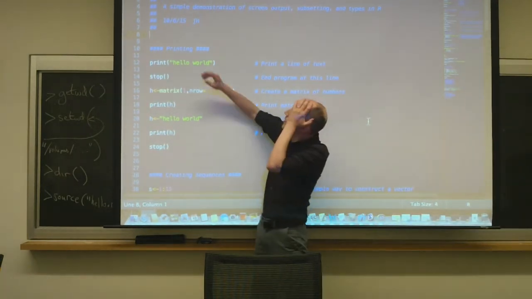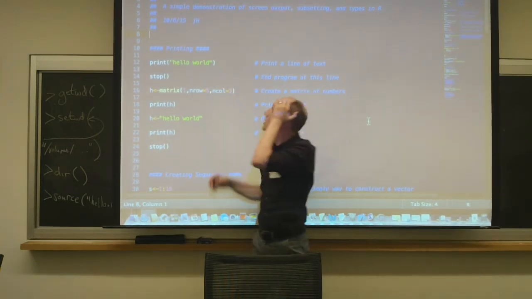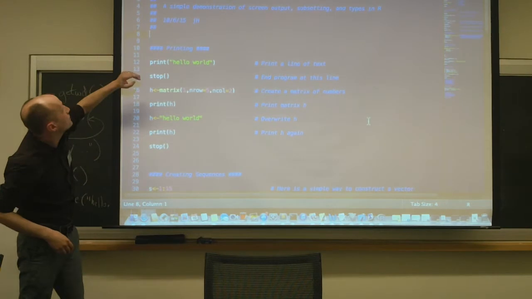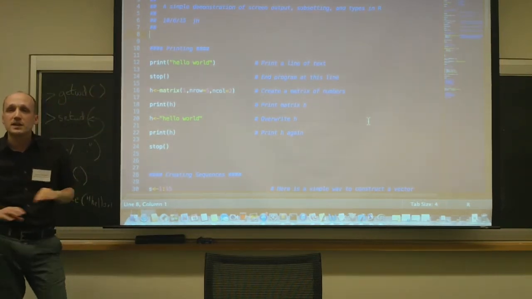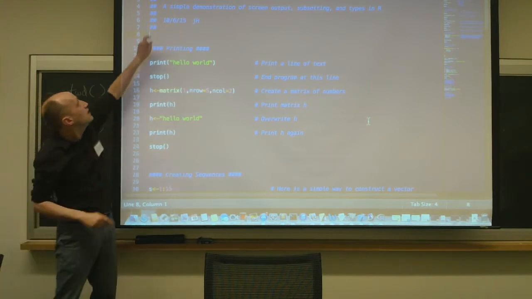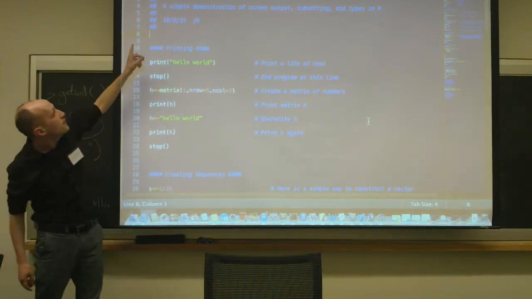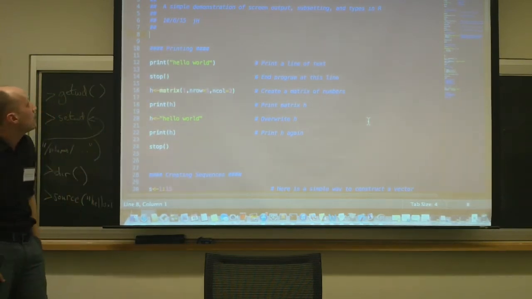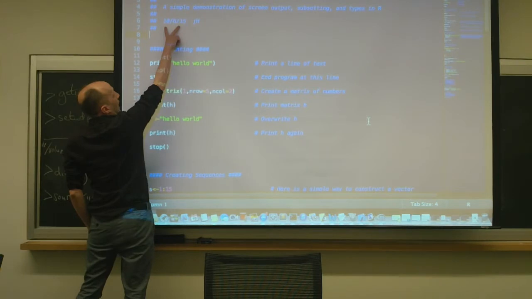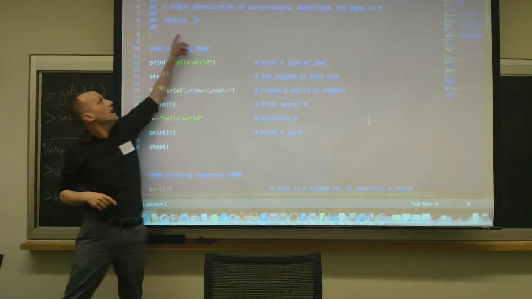A reasonable, simple coding practice that we'll try and adhere to is to give every file a header. At the top of the files, we're going to comment out a few lines and tell ourselves what this piece of code is trying to do. So here's what I believe the name of the file to be. It's hello.r. I'm going to give myself a one-line description of what this code is doing. It's going to demonstrate some screen output. And I'm going to put physically into the header the last time I touched the file and my initials.